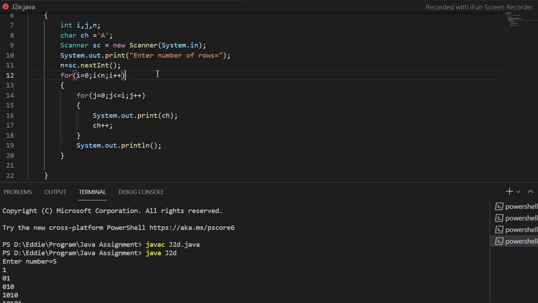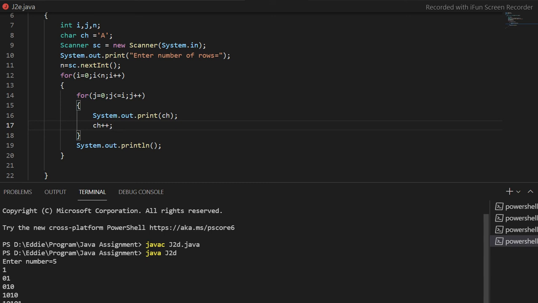It means that ch actually contains the ASCII value of A. Because in programs, automatic type conversions sometimes happen. So here I am printing ch, it will print A first, then ch plus plus means 65, the ASCII value of capital A, will be incremented, 65 plus plus, meaning 66. Then in the next iteration it will print B. That's why this is happening. So an automatic type conversion is taking place from character to int.